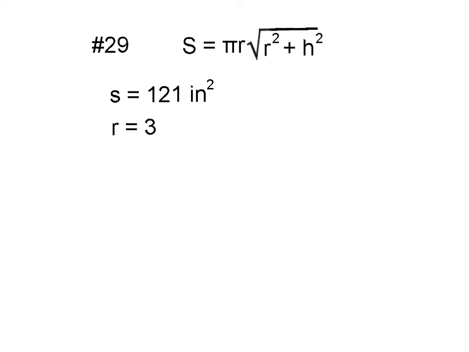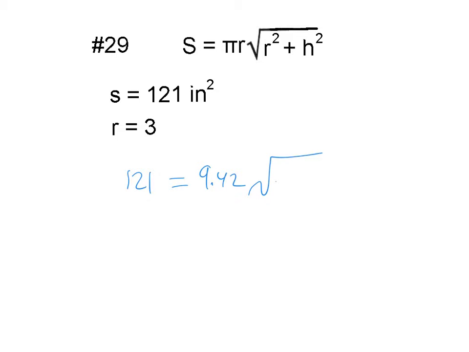Okay, this is actually number 29. I wanted to make sure I did this one with you because it's a little bit tricky. It's finding the height of a cone is what they want you to do. And they give you all the information to pop in. So let's pop all that information in that they've given us. Pi times 3, let's just do that right away. I'm just pulling up my calculator. 3 times 3.14 gives us 9.42. So I'm just going to put that right away for pi times 3